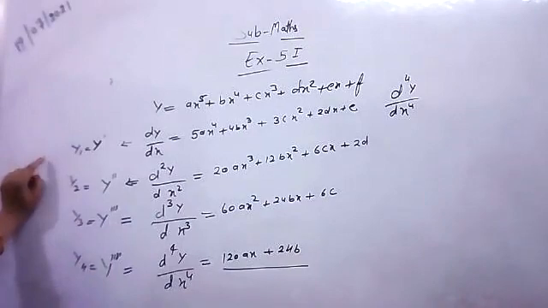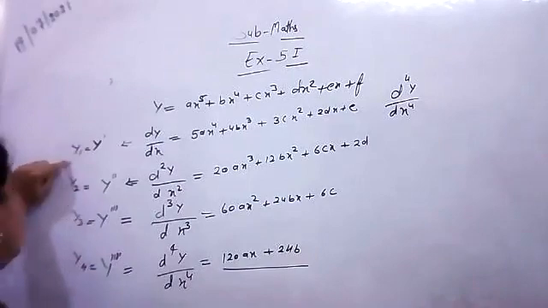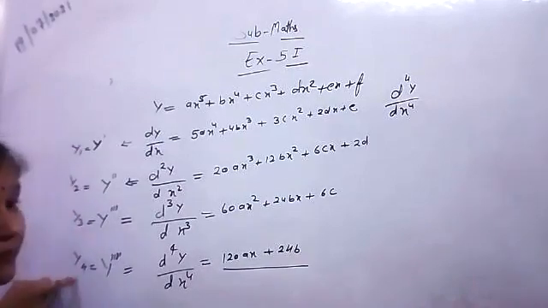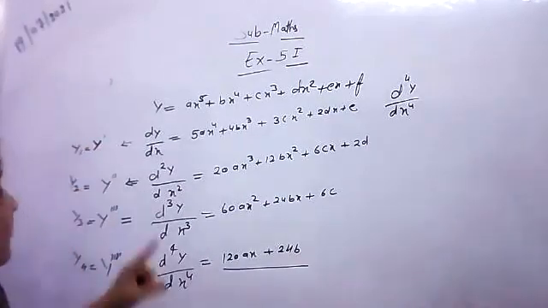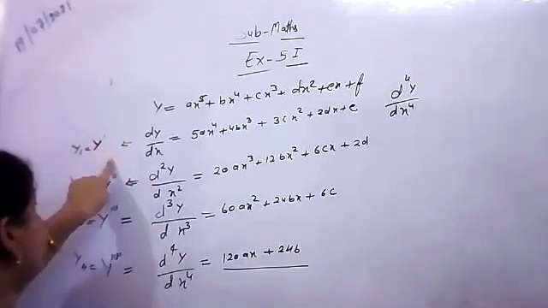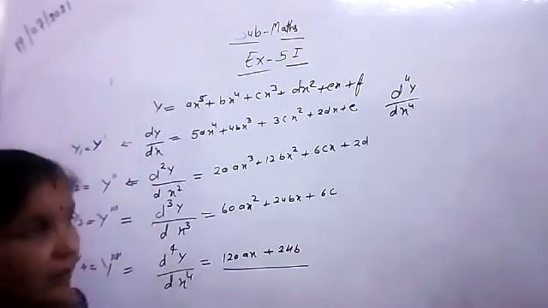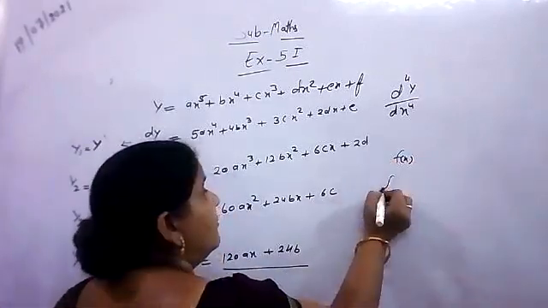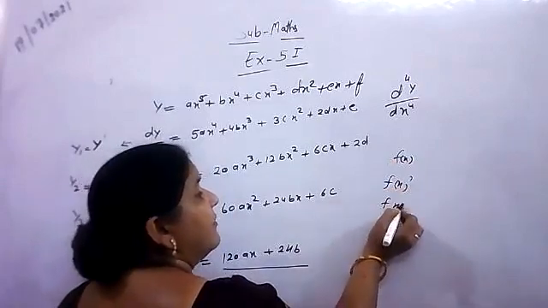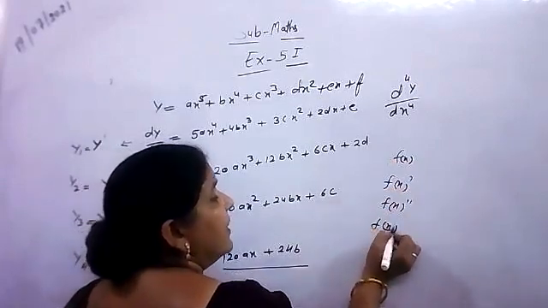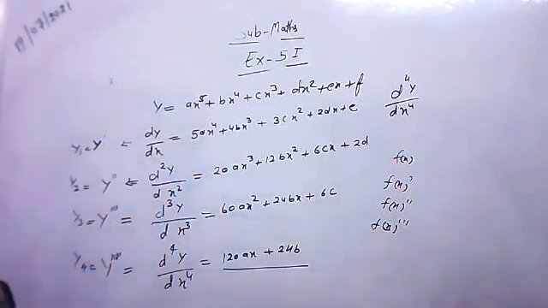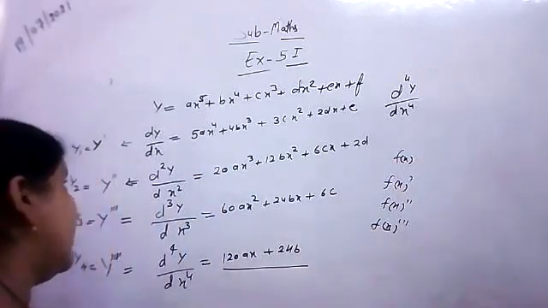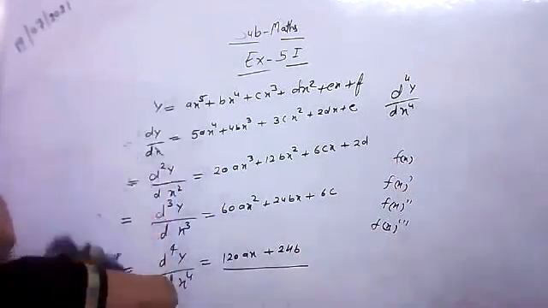So there are questions of this type. You know how we find the differentiation one time, two times, three times, four times. It is denoted by this type, otherwise this type, otherwise this type. And if f(x) is given, we denote it by f dash x, f double dash x, f triple dash x, this type also. Okay, so I think everybody understood how we find the values dy, d2y, d3y.